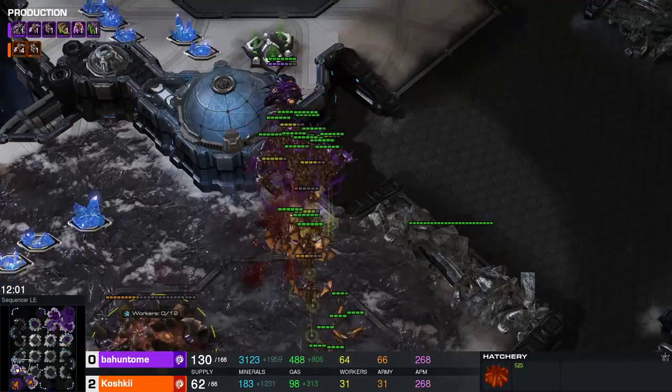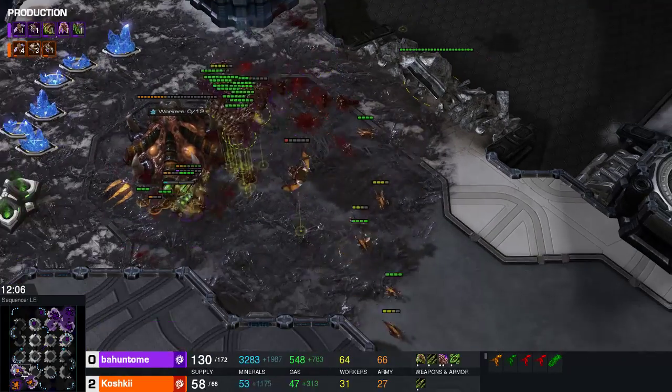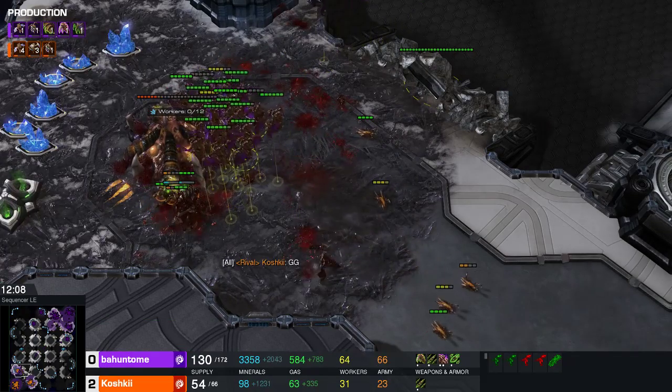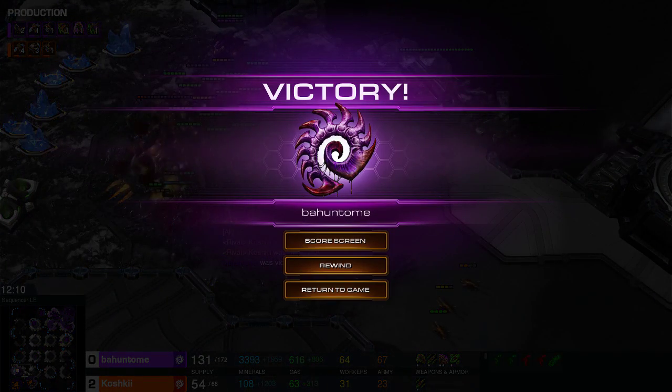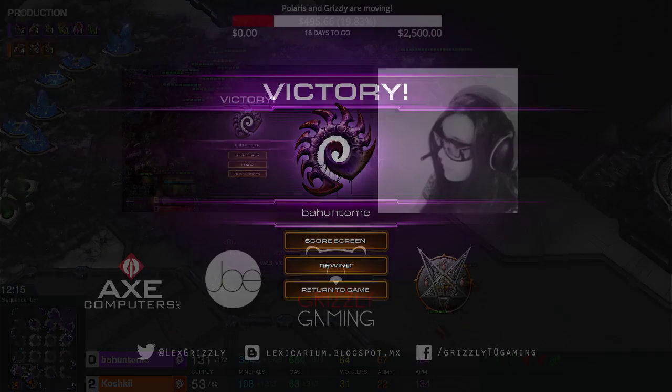Those hit points are melting away. The mutas are just not in the best position for Koshkii, and she's going to lose all of her mutas to this attack, losing a queen, losing a 3rd hatchery, and GG. Well played. Bahuntome takes game number 3, and this is